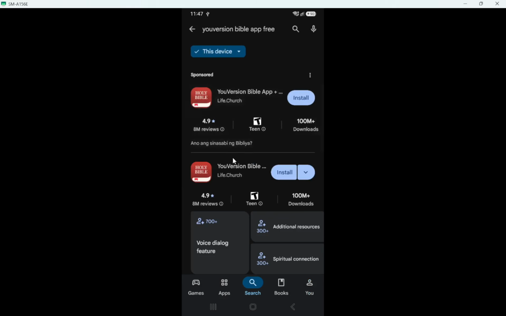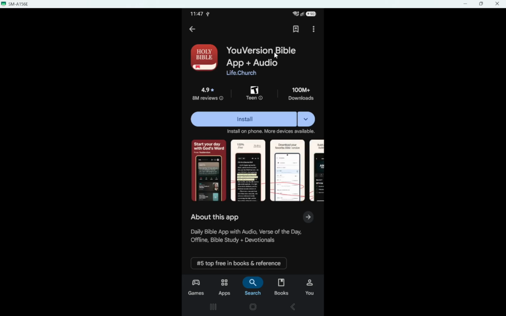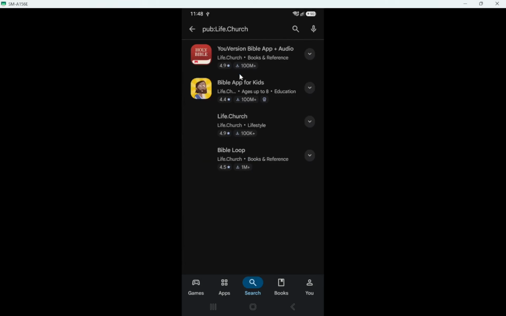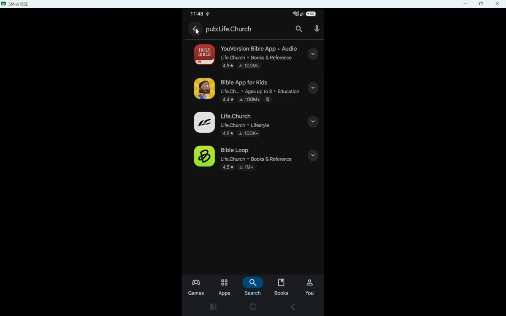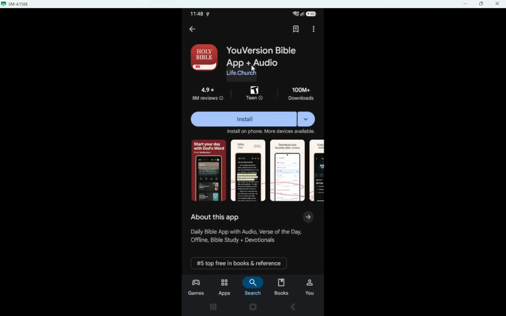You should now see a list of apps related to Bible and audio on the screen. From there, look carefully through the search results and find the app named YouVersion Bible app and audio. There may be many similar Bible apps, so focus on the full name. The correct app icon usually shows a brown Bible with the words Holy Bible on it. Many beginners tap the first result too fast, so take a second and match both the name and the icon